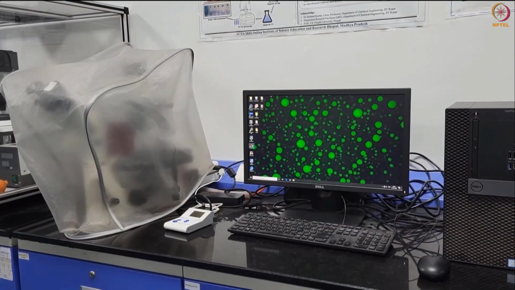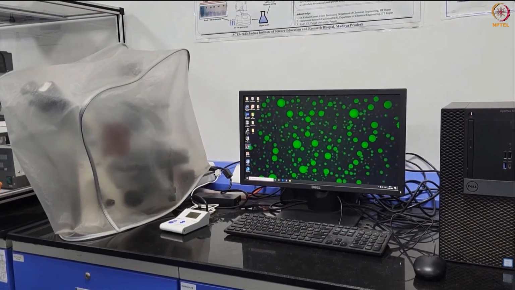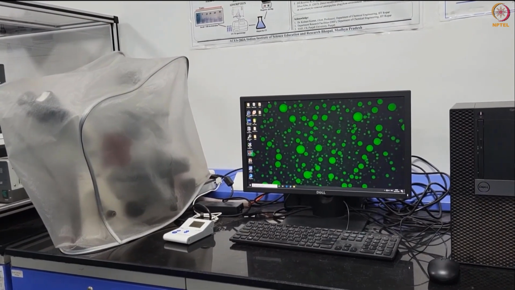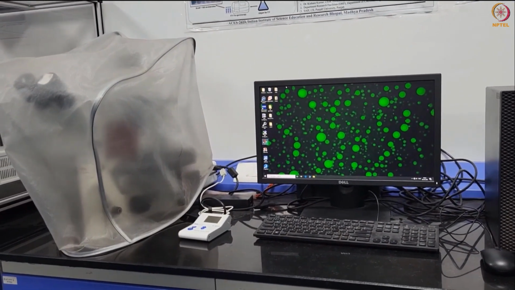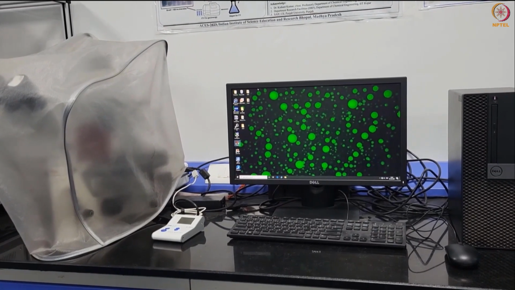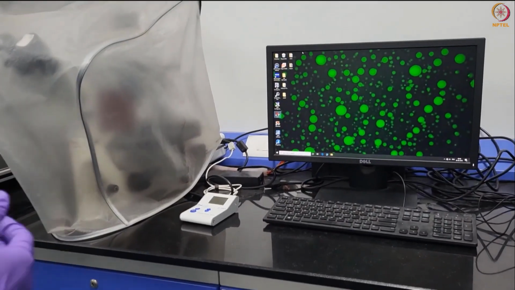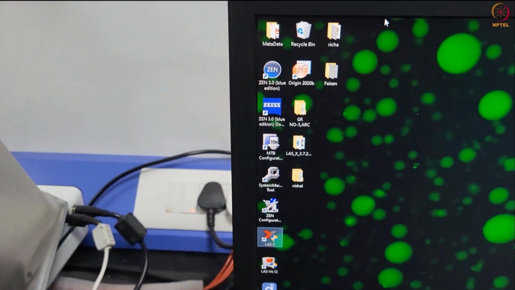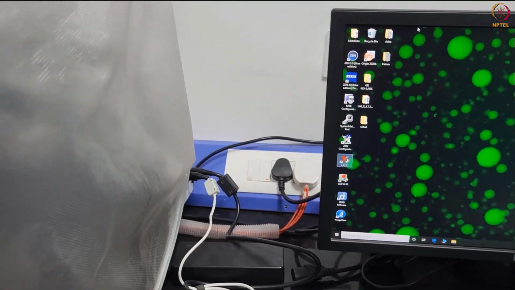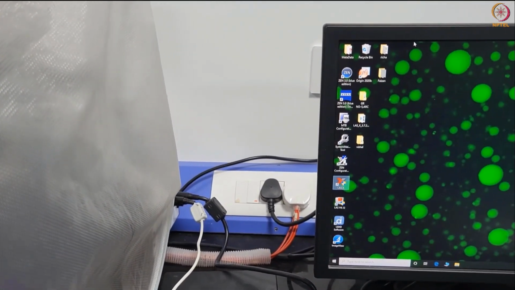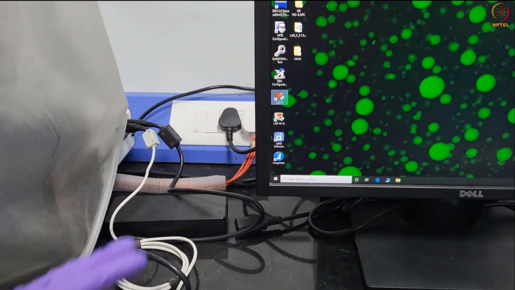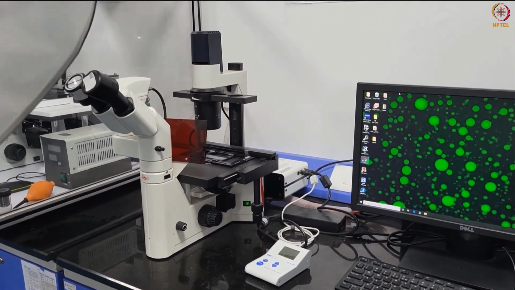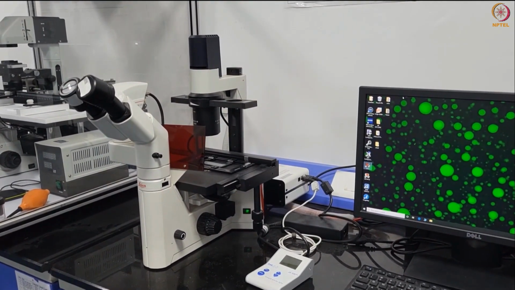Welcome everyone. We are here to demonstrate the particle tracking analysis using inverted microscopy. Here we have the inverted microscope, and we will cover the component parts of the microscope, and how to prepare the sample and the tracking path. First, check that both the plugs are securely plugged in and the connection is secure at both the ends. And we will remove the microscope dust cover and store it on a spare stool or tray bench.